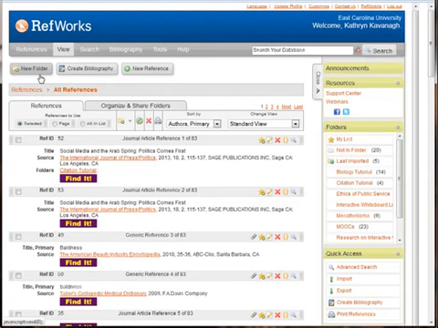Folders are one of the main things that I would suggest using in RefWorks. As you can see over here, I have a number of folders that I have used for different projects that I have worked on in the past. You have another option to create a bibliography and create a new reference, because that's mainly what you're going to be doing in here. In each of these references, you are going to see that